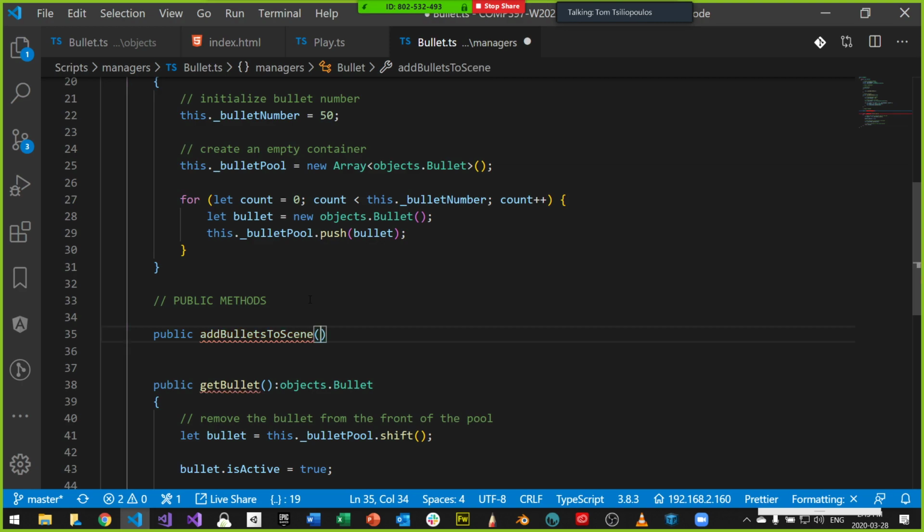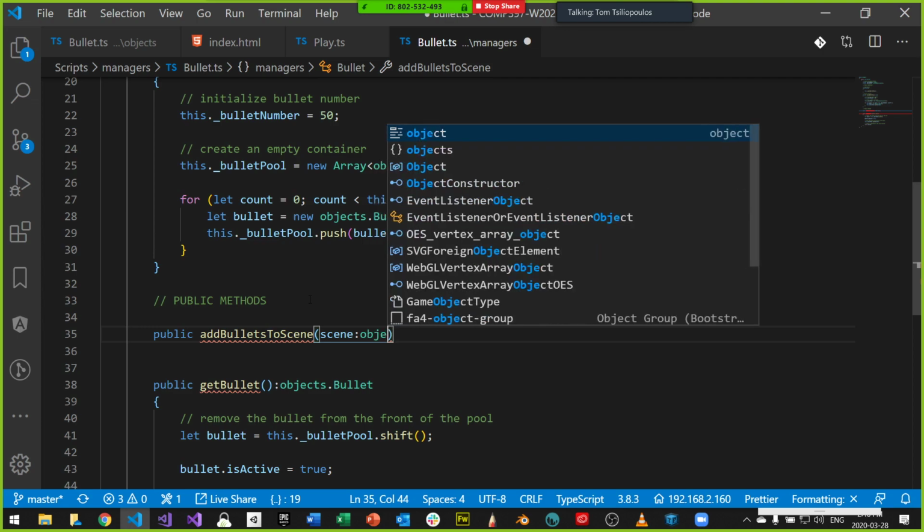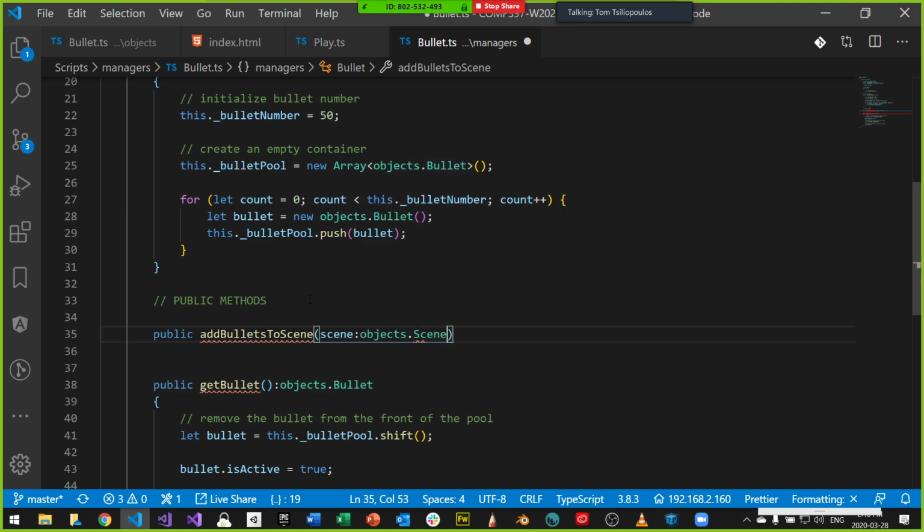We want a reference to the scene that we're going to add the bullets to. So we want a scene, whatever the scene is called, and it's going to be of type objects.Scene.